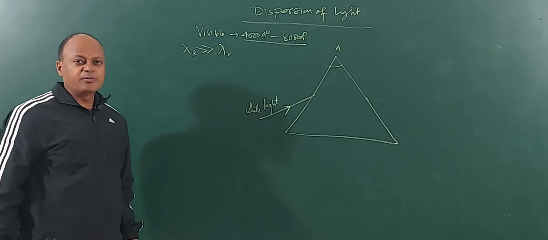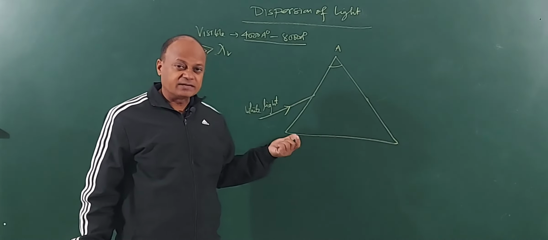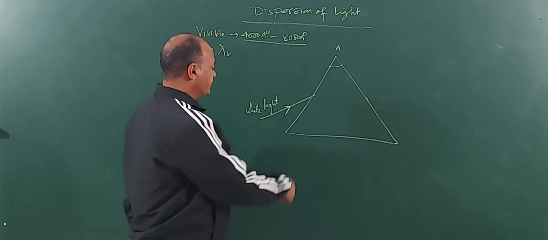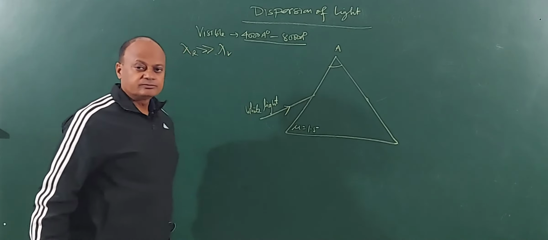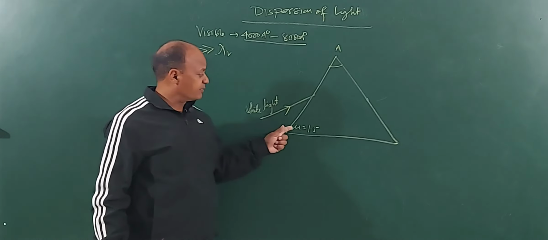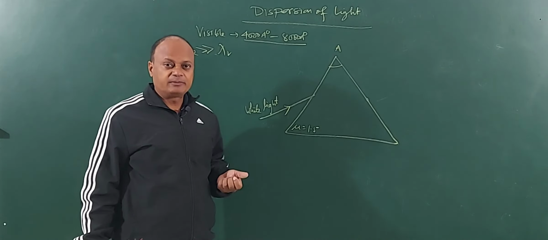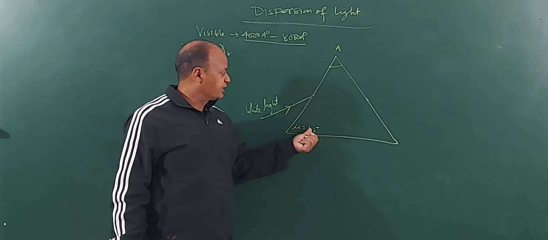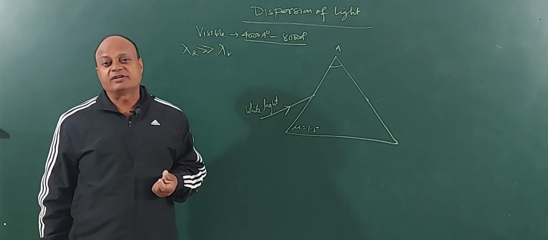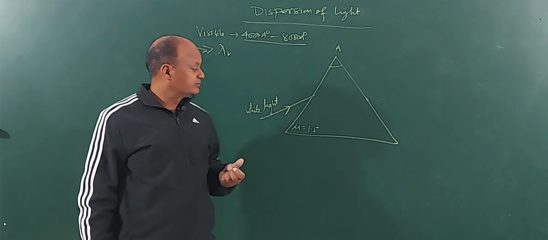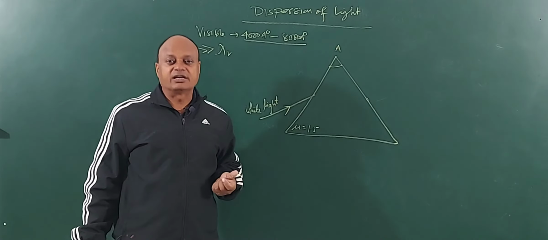Now Cauchy gave a formula for the refractive index. Now it is very important for you to understand. Like I may say that for this prism mu is equal to 1.5. So you can ask, okay, now this 1.5 is for which color? Then I will be saying refractive index of the prism 1.5 in fact is the mean of the refractive indices that the prism has for different colors.